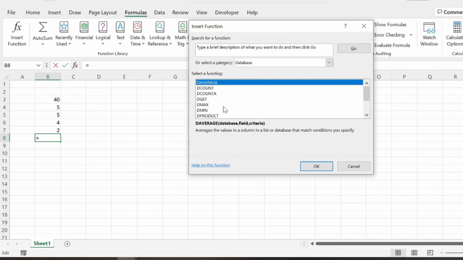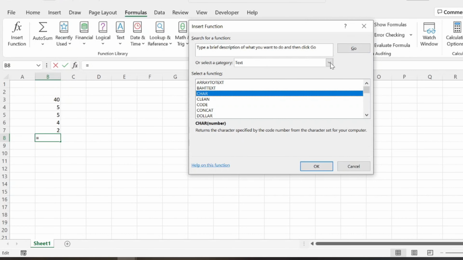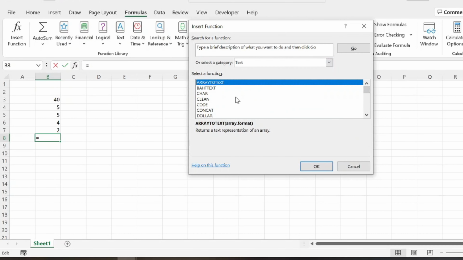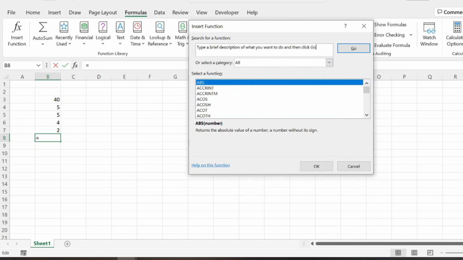Like maybe I want a text function, I have 2 lines of data and I want to combine them both, or I want like a distinct count or something. And you can kind of explore and find all these sorts of different formulas within Excel. Now granted, you could obviously Google search how to do that, but you can also type a brief explanation here. So let's say we want all, and we want